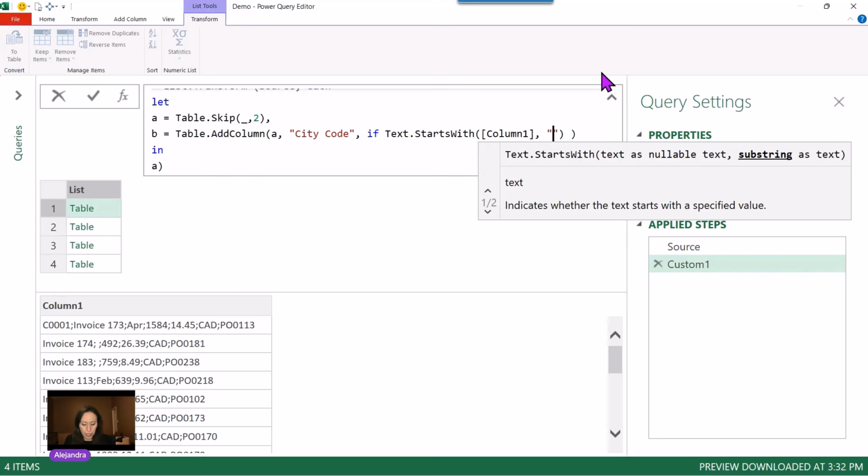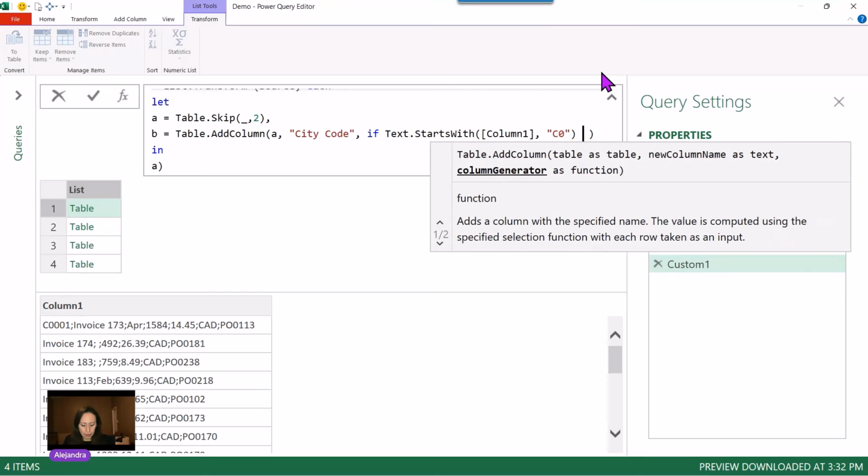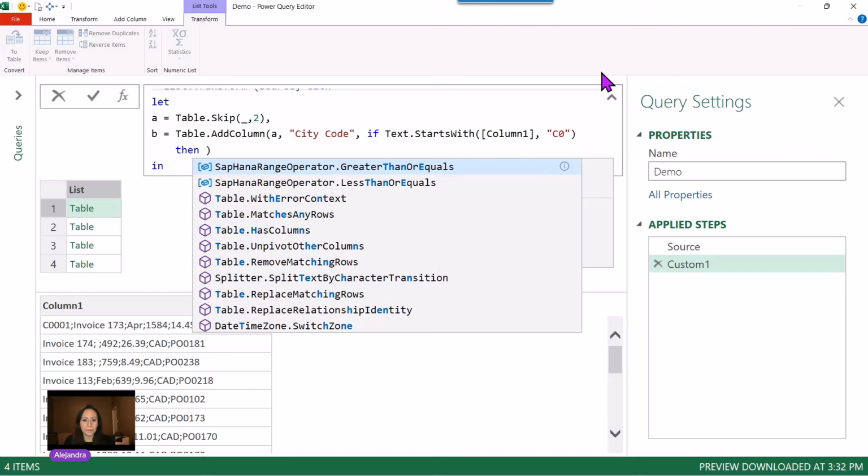Quotation marks, C0. Be careful when you are working with letters and numbers. Make sure that you are providing information correctly. In my case, I know C0, but it could have been CO, right? So be very careful how the information is in your data, so you have the proper filters or the proper logic. So I'm going to say if start with that, then